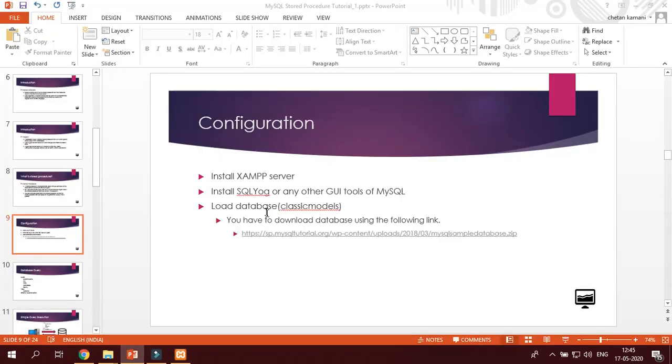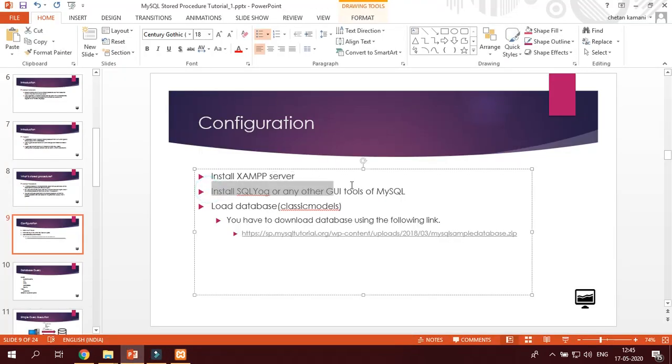Now, the second point here: install SQLYog or any other GUI tool for MySQL. SQLYog is a MySQL GUI tool. There are many tools other than SQLYog available in the market today, such as phpMyAdmin, MySQL Workbench, MySQL Query Browser, etc. I am using SQLYog here.